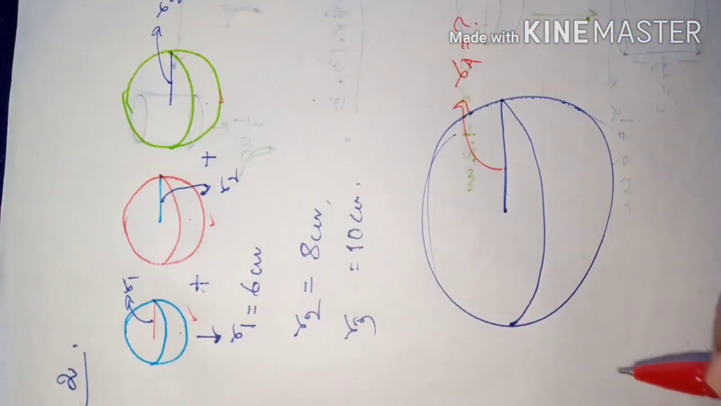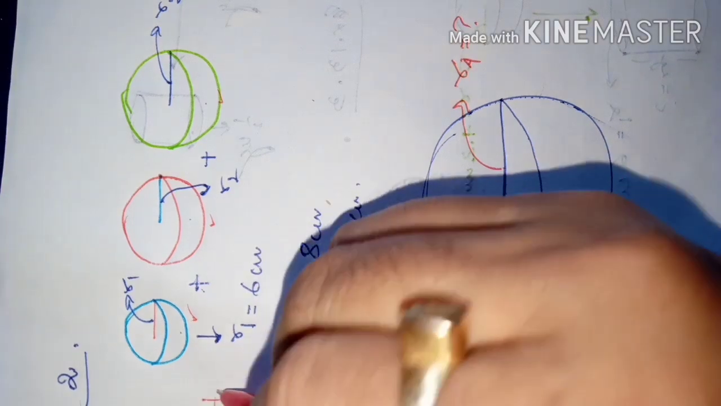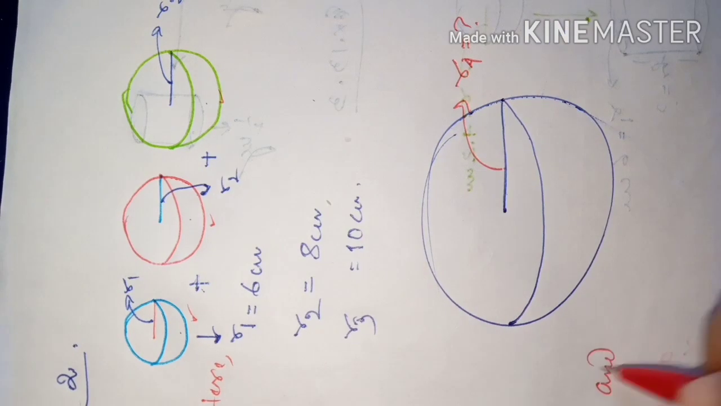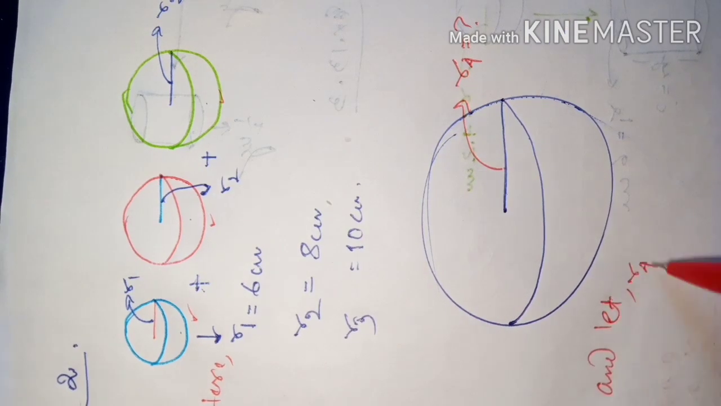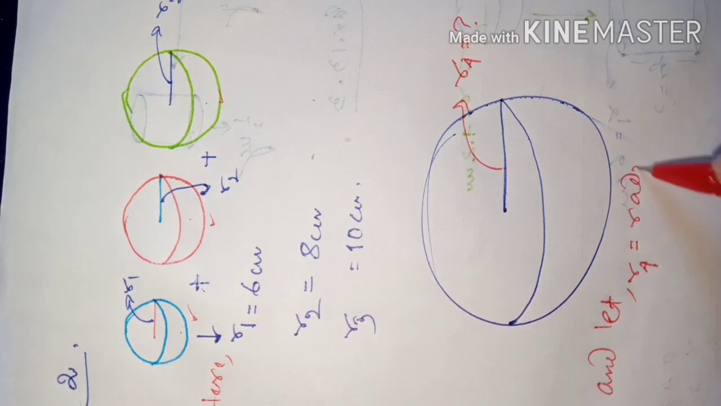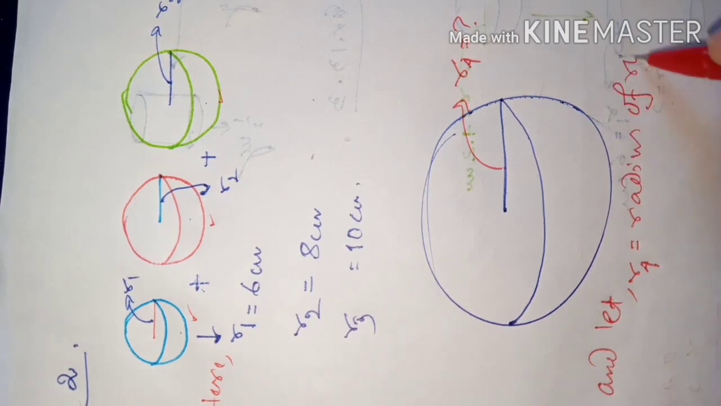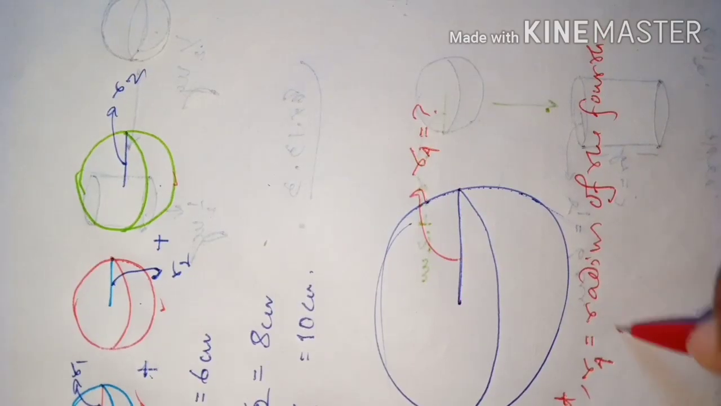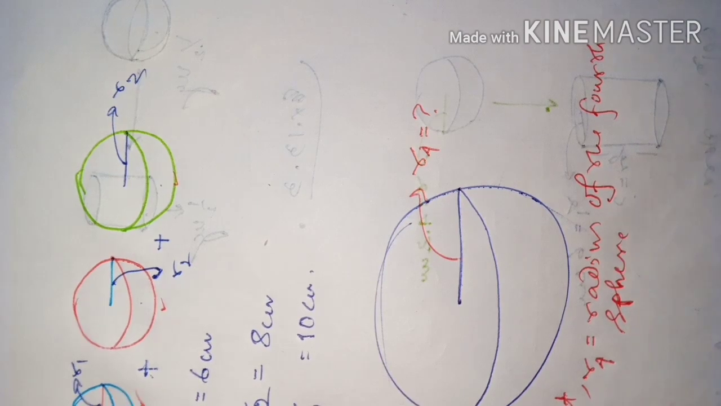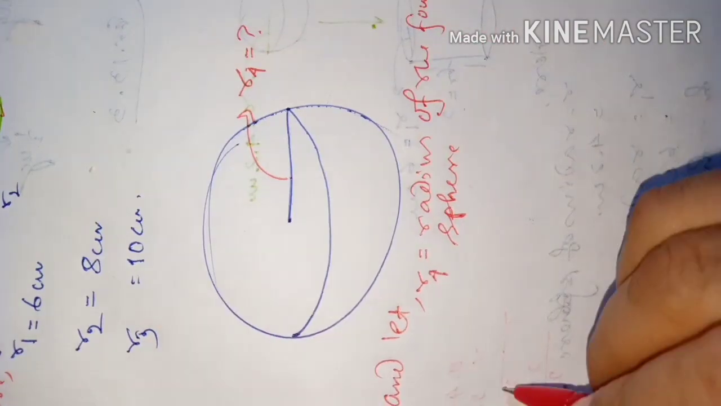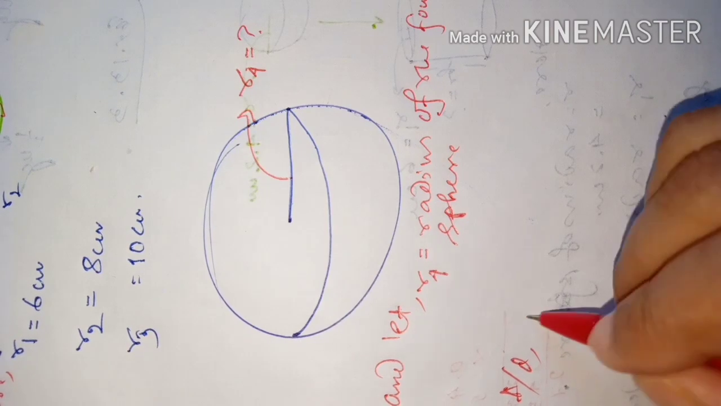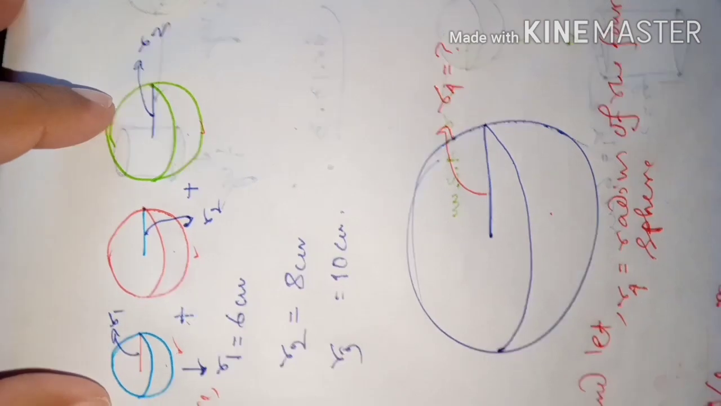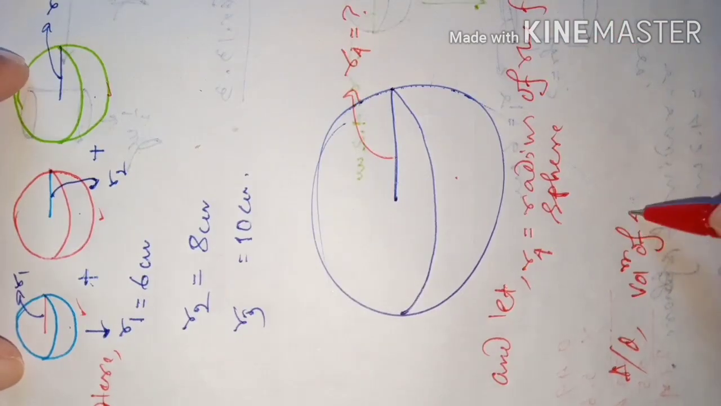So we can write like this. Here R1 is 6, R2 is 8, R3 is 10. And let R4 be the radius of the 4th sphere. Therefore, according to the question, the volume of the 4th one will be the sum of the volumes of these 3. So we'll write like this: volume of 4th sphere